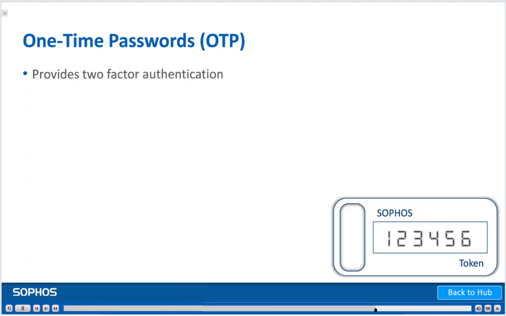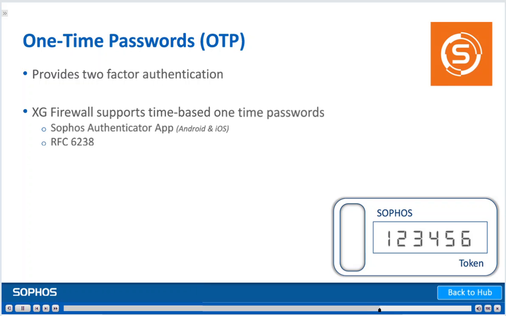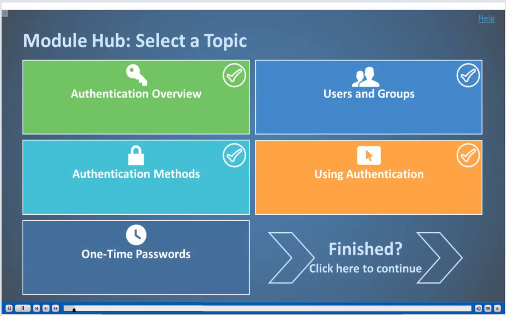The Sophos XG firewall supports two-factor authentication using one-time passwords. Two-factor authentication means that you provide two pieces of information to log in: something you know, your password, and something you have, your token. There are different types of